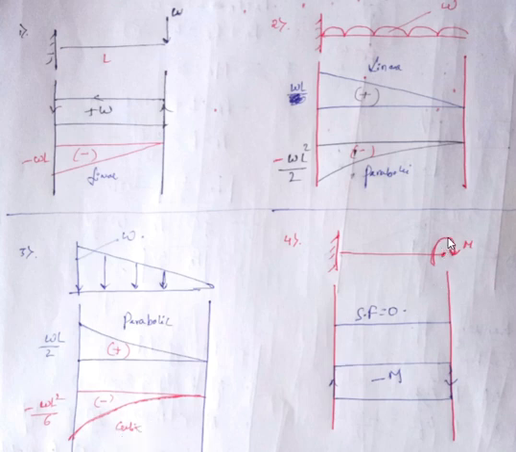Then this is an example of constant bending moment. Whenever there is a constant bending moment, remember this: shear force is going to be 0, and the bending moment is constant throughout the length of the beam. That is, whatever the value of the applied moment is, that itself is M. If it is clockwise, it is trying to bend the beam downward, so it is minus M. This you need to remember, especially these two, because we are going to use them for solving problems. These two are very important.